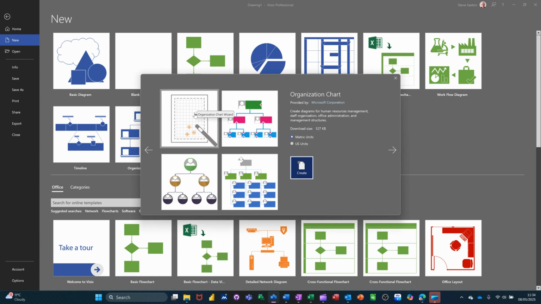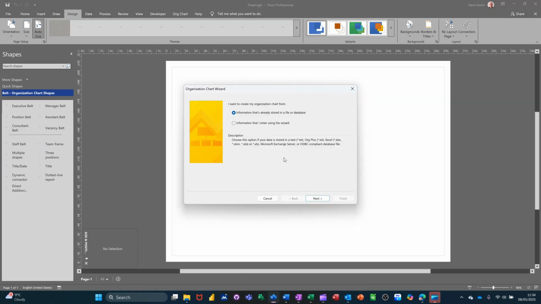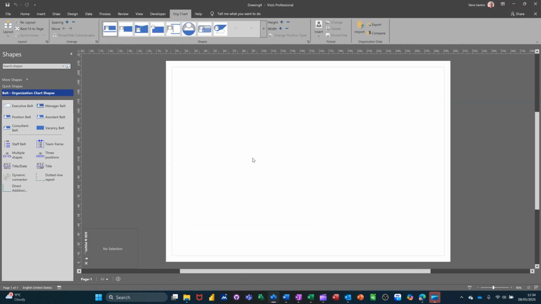And then again, you've got this option here. These are ideas, if you like. I'm going for this one, and then I'm going to cancel the wizard off because it's going to ask me questions about where I'm going to get the data from and things like that. I'll just cancel the wizard off, and I can do this myself. So basically this works like this. You pull a shape on, like this is the top level shape,